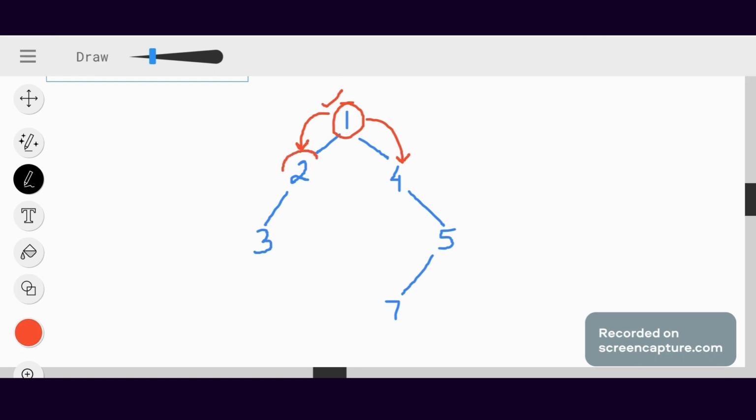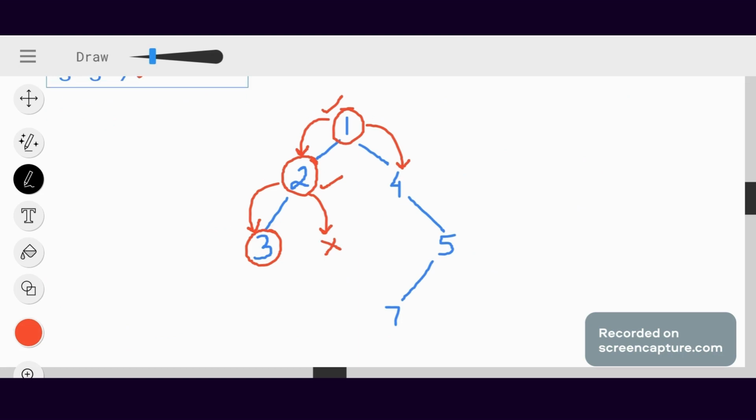Okay, moving to this node now. Now let's consider this as my parent node. Move to the left. Do we have a child node? Yes, I do have a child node. Move to the right. Do I have a right child node? No, I don't have a right child node. So if I have a left child node and there is no right child node, what does that mean? We will print the left child node. Print it again.